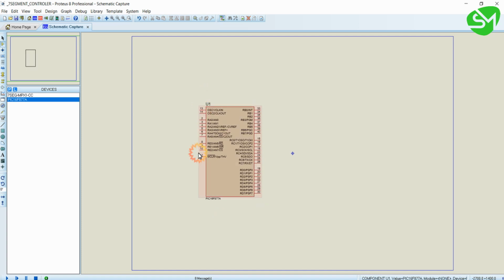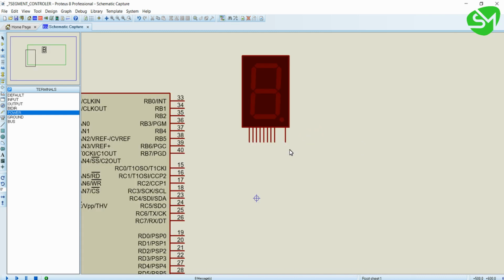I am placing the microcontroller and the 7 segment display. I need a ground for the 7 segment display. As we know, in the common pin of the common cathode, we will be giving ground, that we discussed in the last lecture.